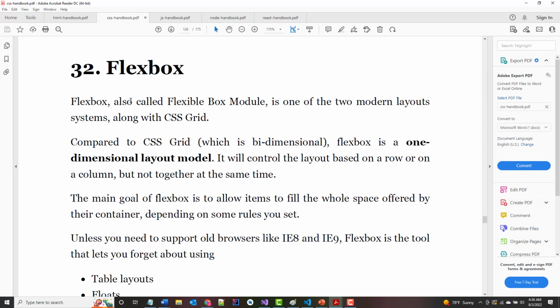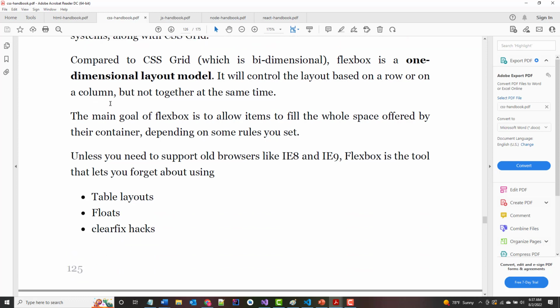As it says there, Grid is bidimensional. It allows you to work 2-dimensionally. In other words, you can work on rows and columns at the same time. On the other hand, Flexbox is 1D, or a 1-dimensional layout module, where you can only work on a row at a time or a column at a time, but not them together. That's why oftentimes you see the 2 combined together. All right. The main goal of Flexbox, as the author says here,